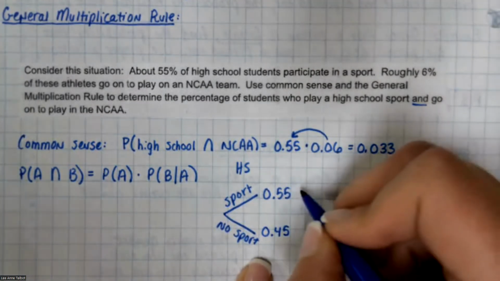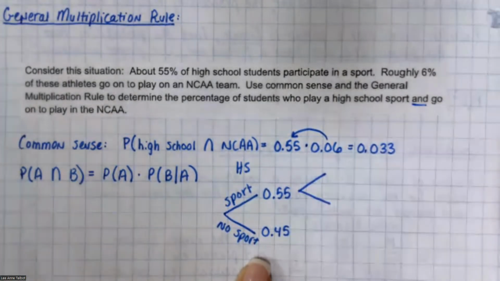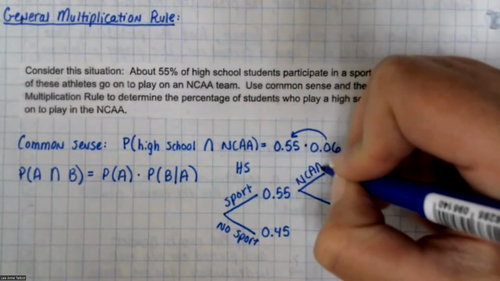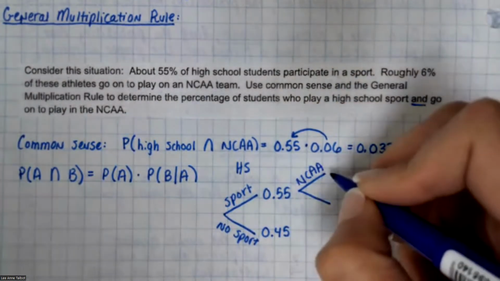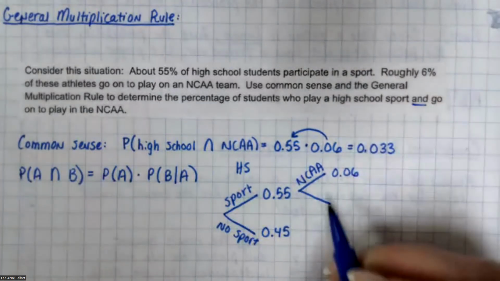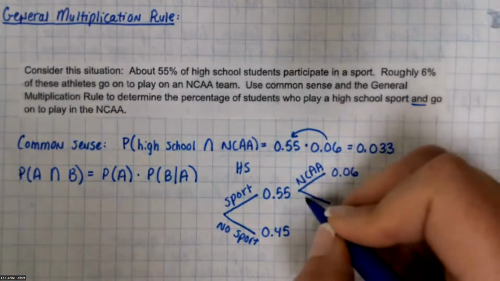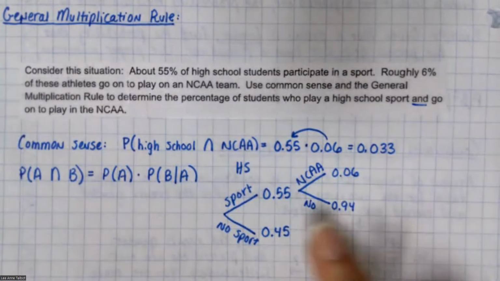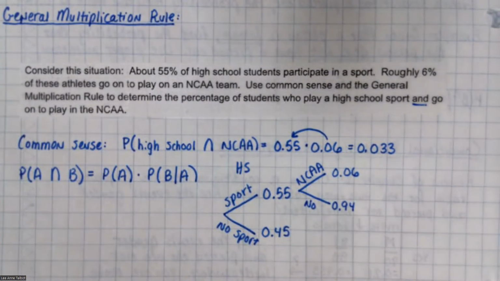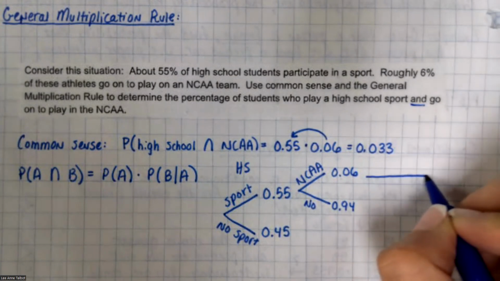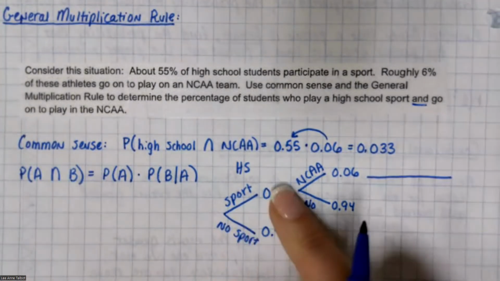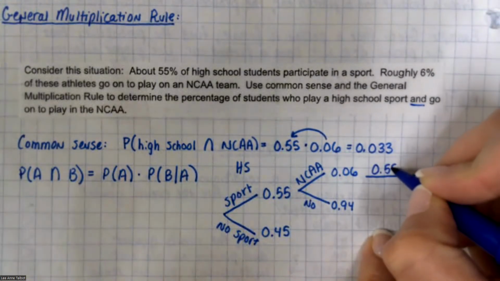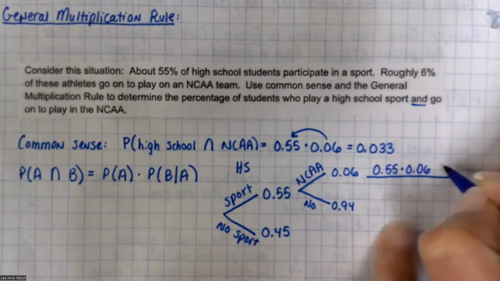Of those 55%, 6% go on to play in the NCAA. 94% do not go on to play in the NCAA. And the answer for high school and NCAA is 0.55 times 0.06,